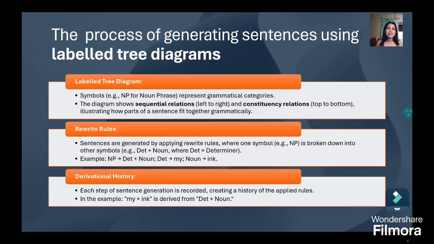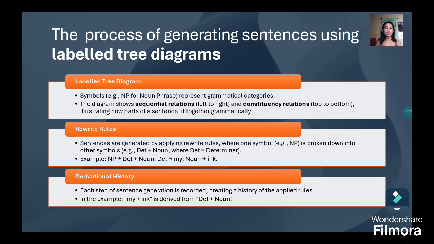So, the process of generating sentences using labeled tree diagrams. Labeled tree diagram symbols, for example NP for noun phrase, represent grammatical categories. The diagram shows sequential relation left to right and constituency relation top to bottom, illustrating how parts of a sentence fit together grammatically. In rewrite rules, sentences are generated by applying rewrite rules where one symbol, for example noun phrase, is